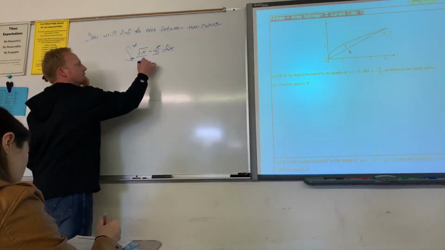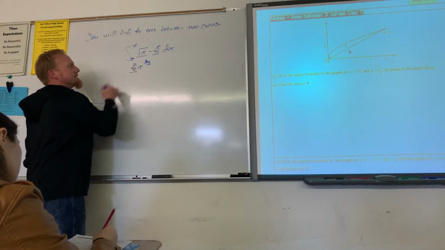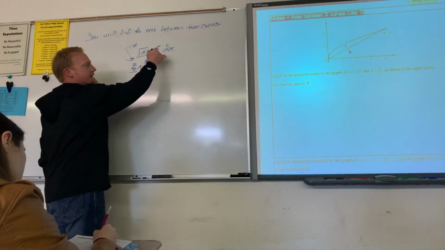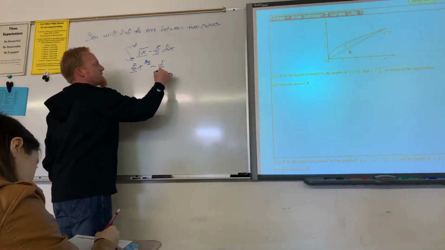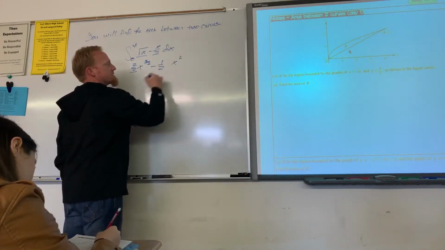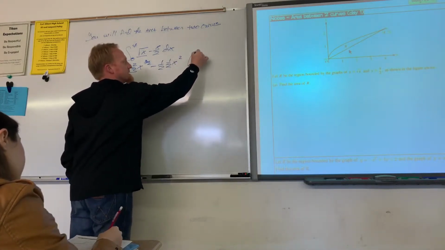That's huge. 1 over 2 square root of x. I get 3 halves and 2/3. Remember, x over 2 is the same thing as 1/2 x. So I've got my 1/2. The x is going to turn into an x squared, and then I need another 1/2, and we go from